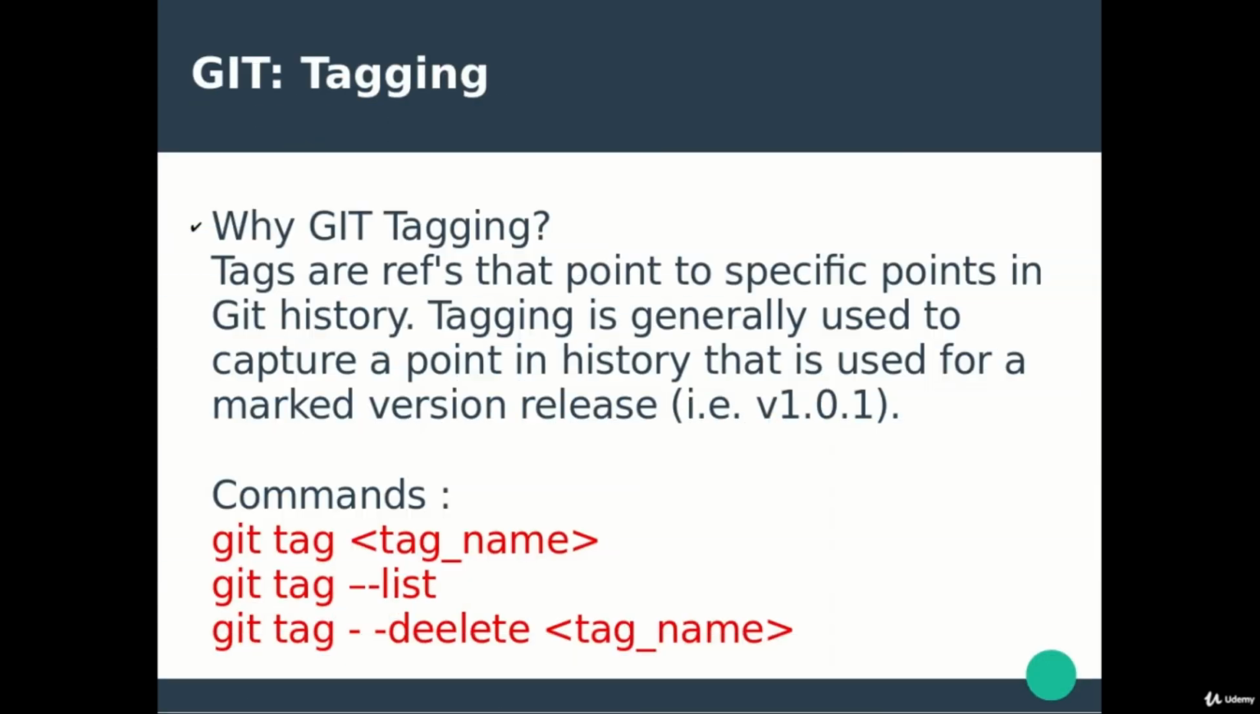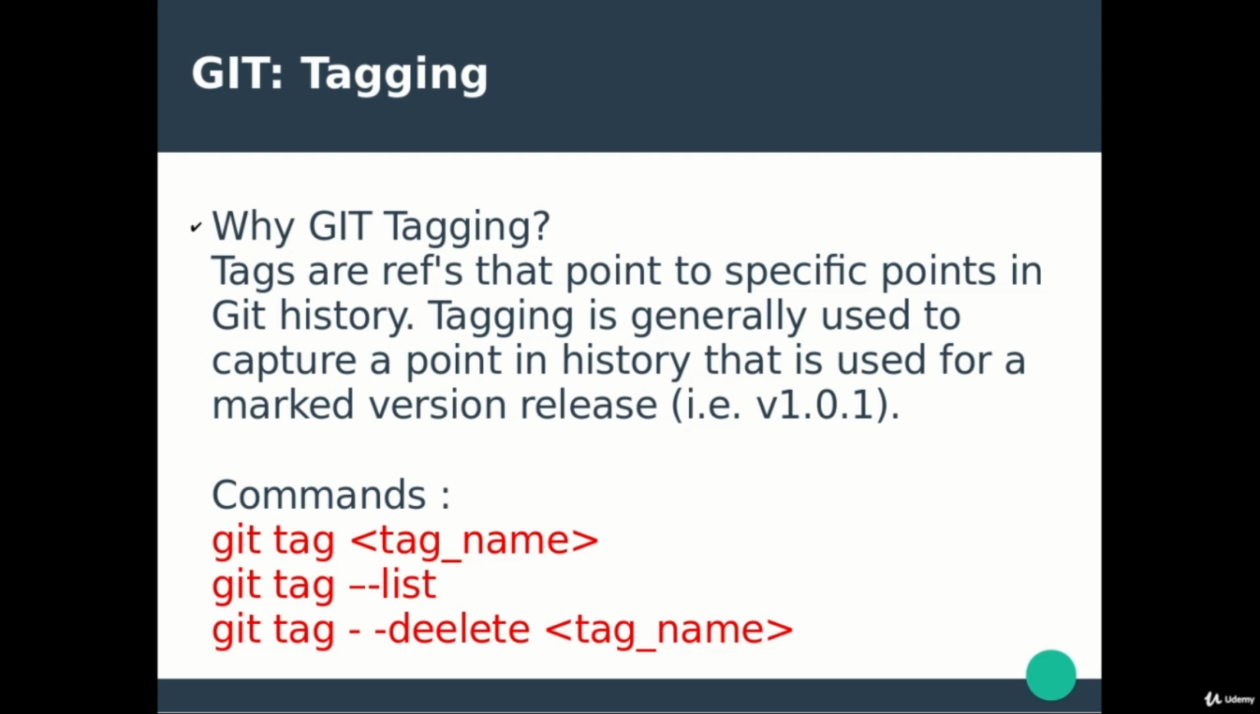So why Git tagging? So guys, tags are references. As we discussed, tags are references that point to specific points in a Git history. When we say specific points, I'm talking about specific commits, right? Tagging is generally used to capture a point in history that is used for a marked version, right? You can mark a particular version on a particular commit: this was the last commit of this particular release, right? There are multiple releases in a product, right? We are working in